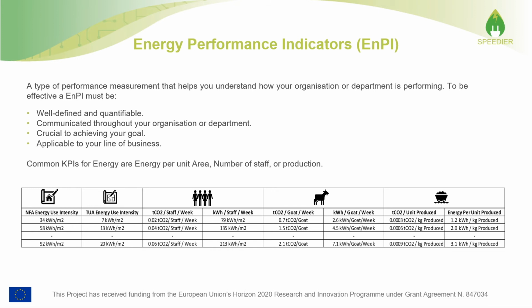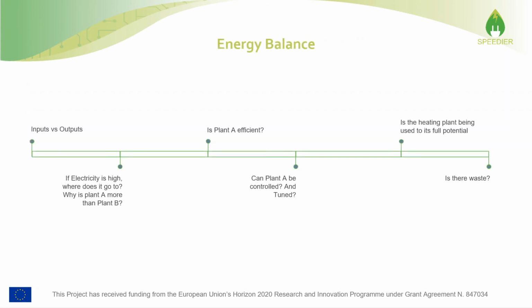Next, we're going to talk about energy balance and energy flows. These are the inputs into your building and outputs from it. We also look at the main processes and flows that we are most interested in, which are those processes that can be controlled. As stated there, can plant A be controlled, tuned, fine-tuned? It's basically where we look at everything that goes into the building, whether it be electricity and gas, figure out where they go and what comes out of that, and whether it be for a house, it could be a fridge, could be a light bulb, and the output of that.